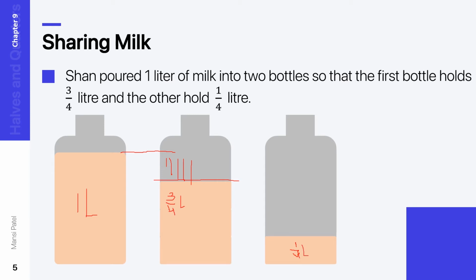As we know already, this 1 liter is equal to 1000 ml. So now what about the 3/4 of a liter? 3/4 of a liter means 3 parts of 250. So just do the addition of 250 plus 250 plus 250. So it becomes 750